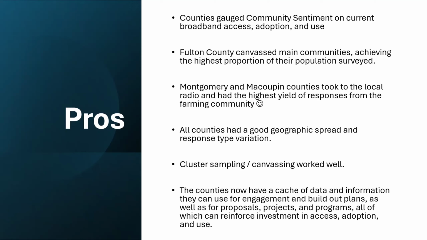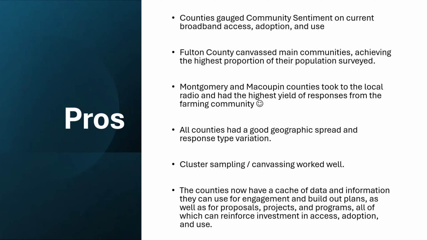The counties had a good geographic spread and response type variation. Usually in the cohorts, there are a few counties that hit all of the response types: residential, business, public entity, community buildings, and then the farming and ag entities. But it's usually several per cohort that will miss something. And really, we only had 3 or 4 response types among everyone that didn't get covered. That's a lot lower than usual. So that was a really good performance distribution.